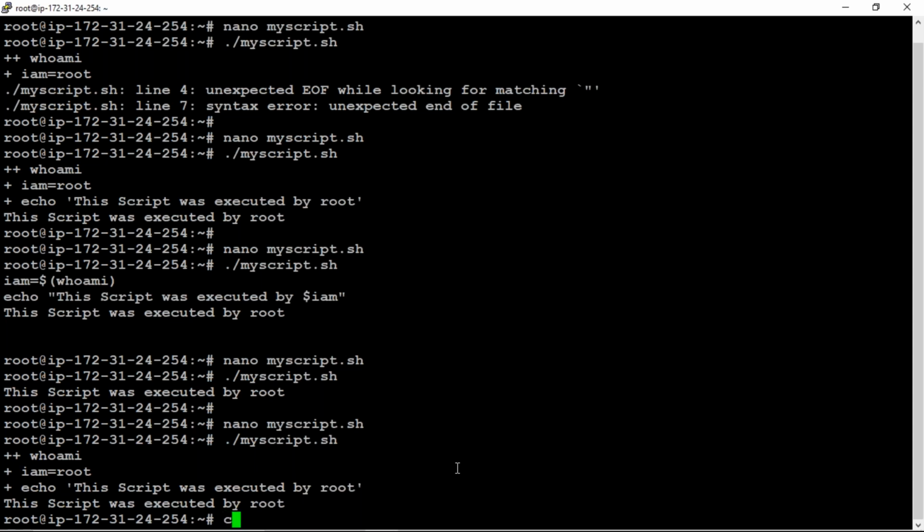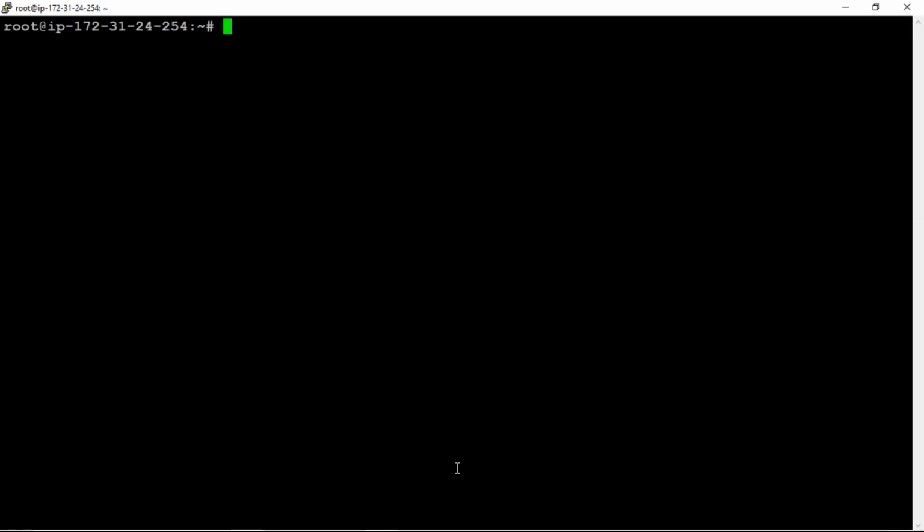So those are the debugging methods. In real-time scenarios, you can't give a set hyphen x. In the next script files we will be able to know that. It's clear about debugging methods.